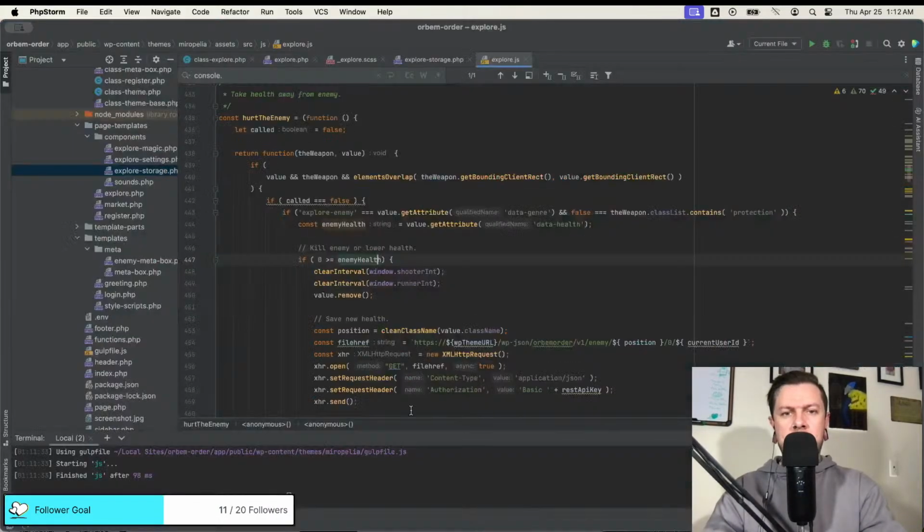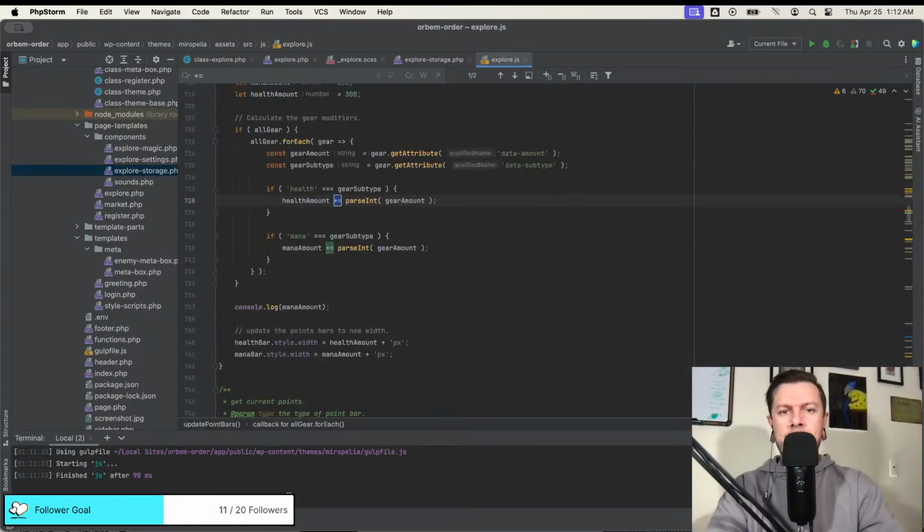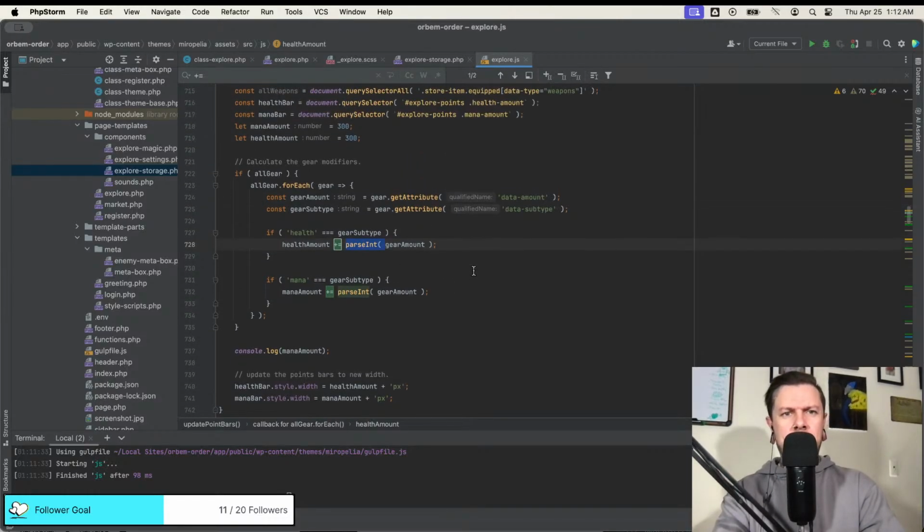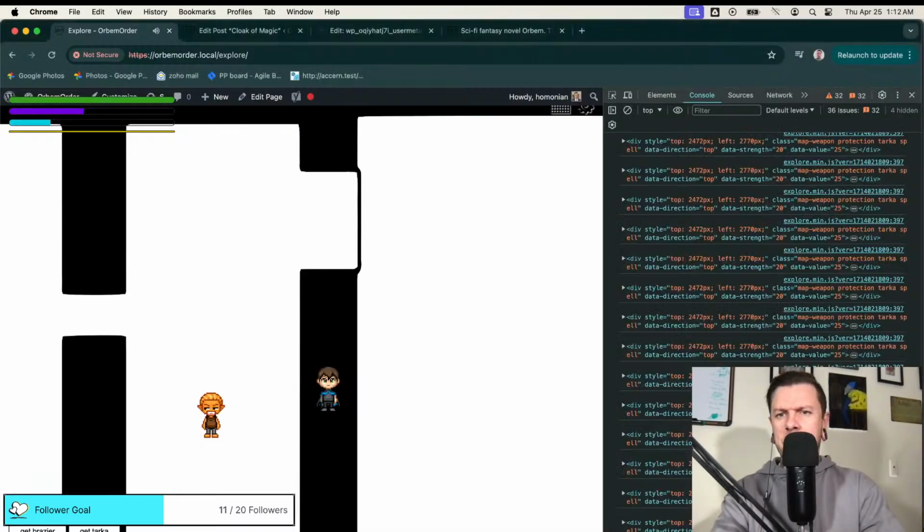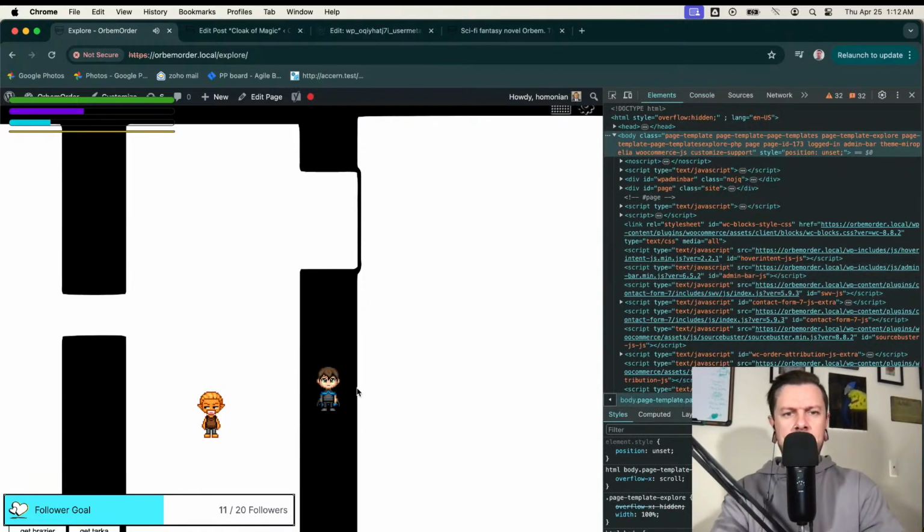Well, I guess let's double check what we're getting. So, for gear amount, let's see. Obviously, this is not working well. Let's double check data amount's the right data point, actually. I didn't think about that.